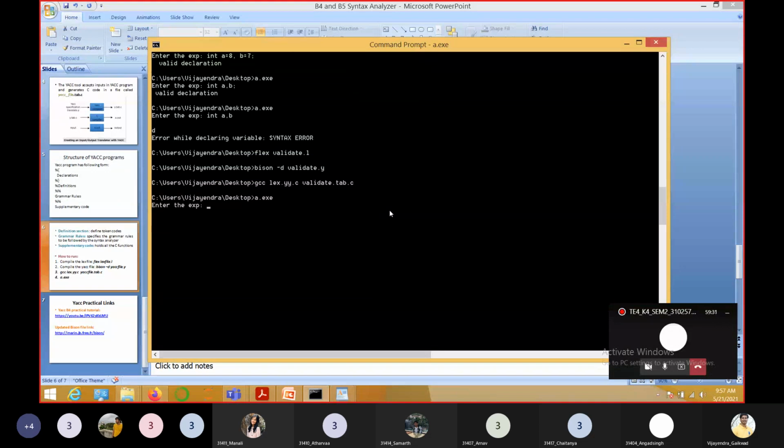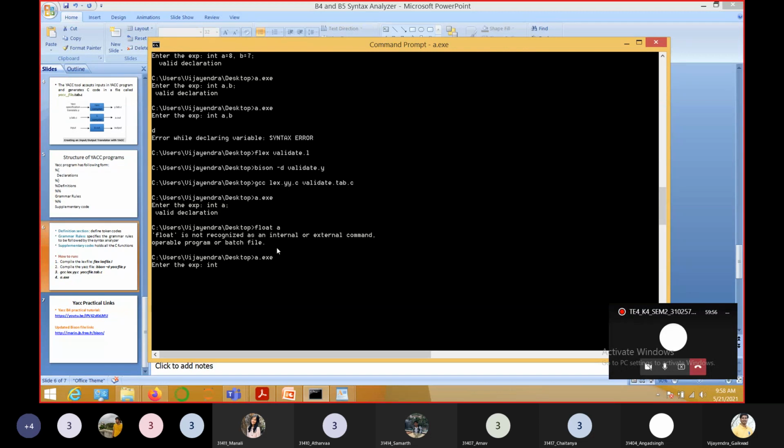It is asking me to enter a Java declaration. So, I'll put int a semicolon. It is a valid declaration. If I put float a and I don't put the semicolon, it gives me an error. Sorry, I'll have to execute the code again.